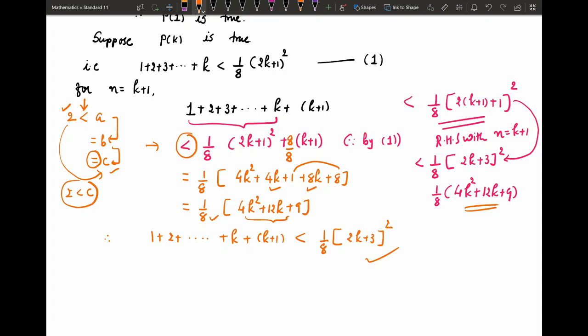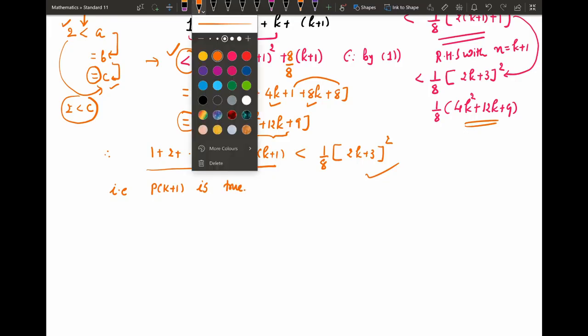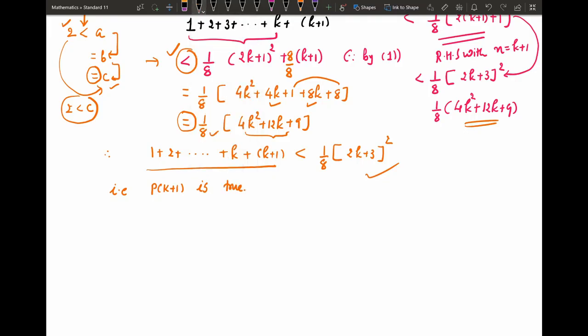So same argument here, sum of first k plus 1 terms here is not equal to, but this sign will be effective. So less than 1 by 8 into 2k plus 3 whole square, that is, p of k plus 1 is true. So using p of k, we have proved that result is true for n equal to k plus 1. So p of k implies p of k plus 1, and therefore